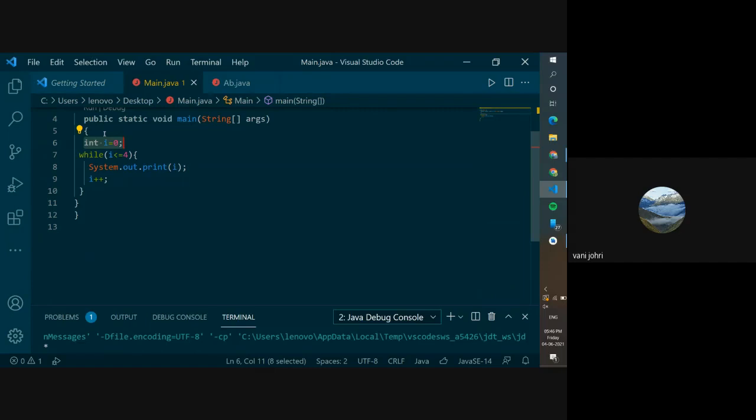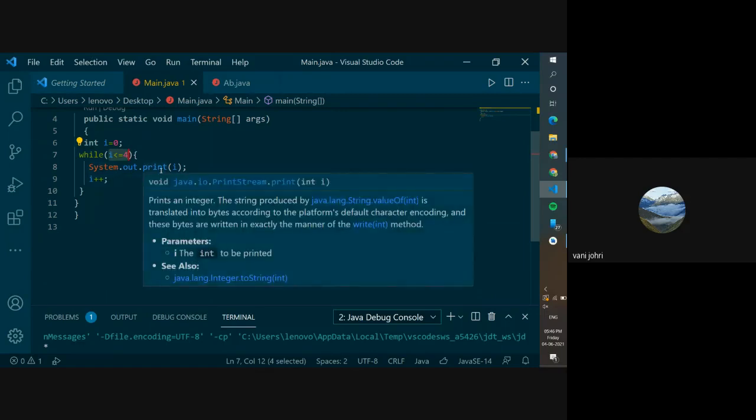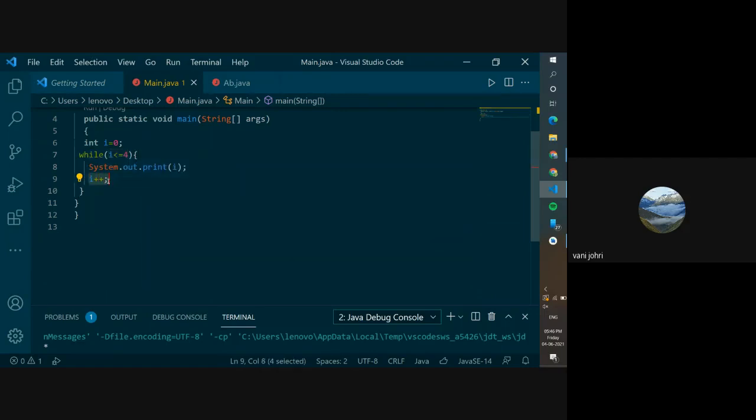For while, you initialize it over here, and after that you write while and give the condition in these brackets, whatever the condition is, and then you write whatever needs to be done in your program, and at the end you update the value. So it's the same concept as the for loop, just broken down into different lines. You have your initialization over here, then a condition, and you're updating it over here. So let's try running it.